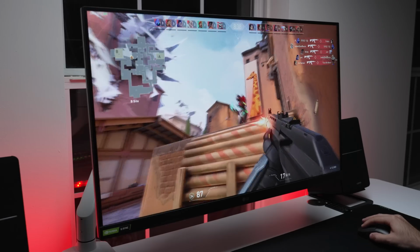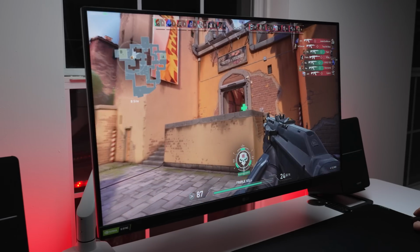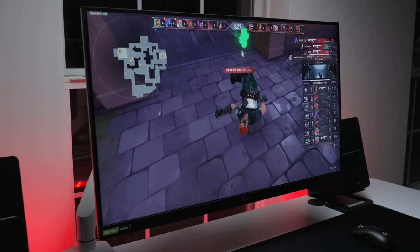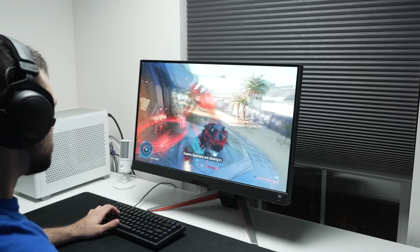Like, what the f is that? Anyway, all monitors have very low input lag. They all felt identical to each other. As with every other segment, the difference in input lag might be like 2 or 3 milliseconds between one and another, but no one will be able to notice that difference at all, if there is a difference